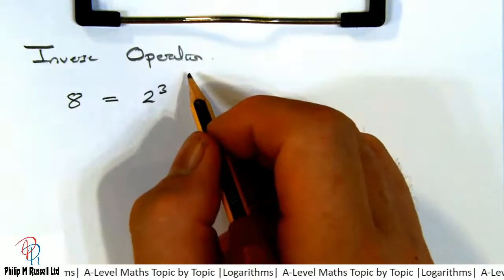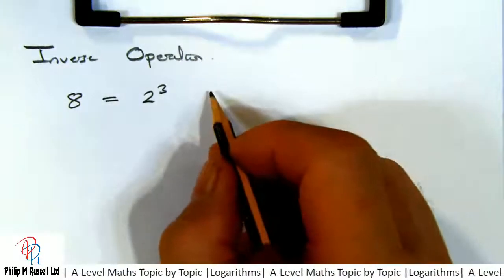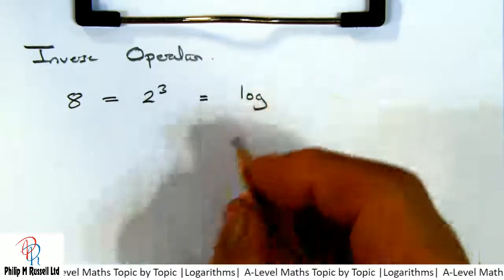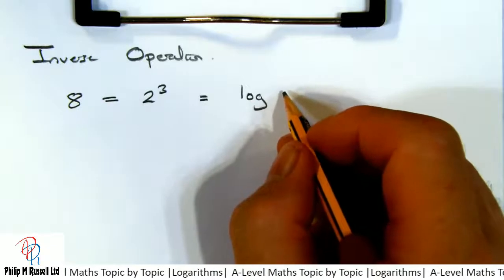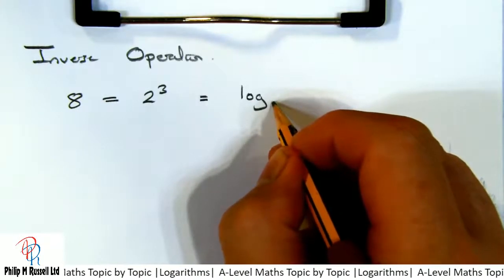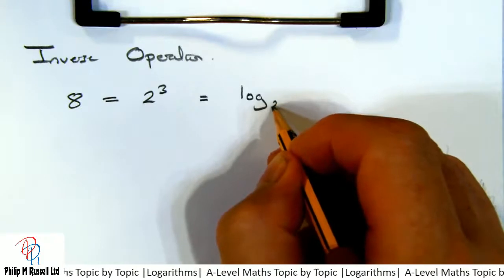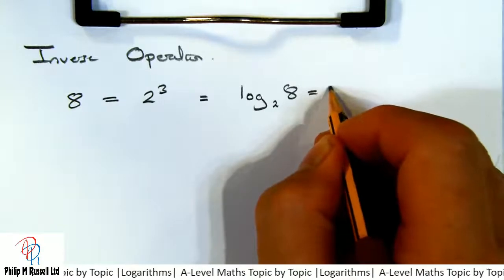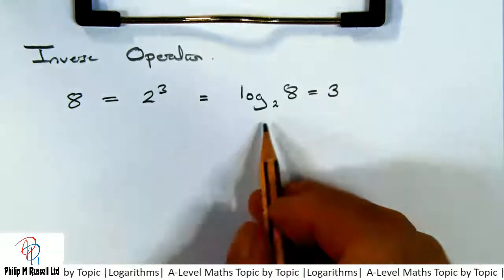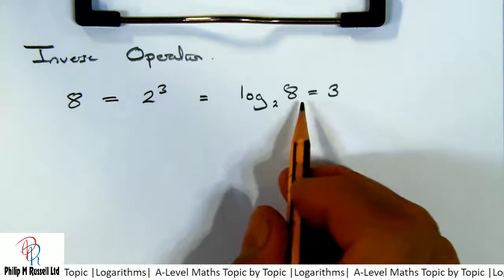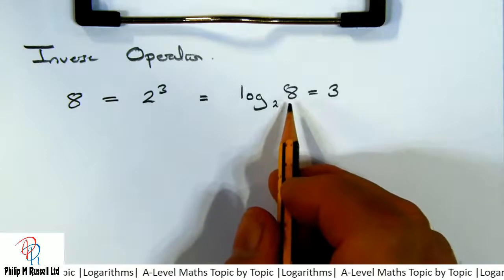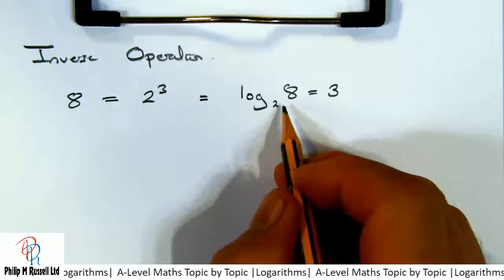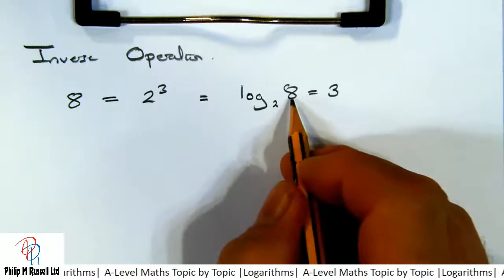We can work out that that might be the same as the log to the base 2 of 8 equals 3. We can use our simple ideas of playing around with this,